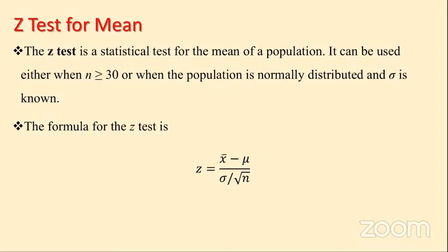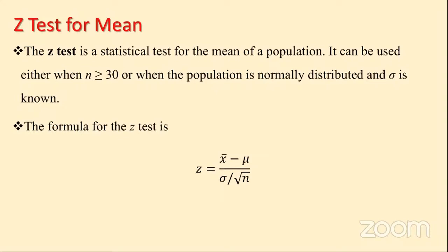And for proportion, it is always the standard normal distribution. We calculate the z value there. So here also we'll be doing that. We'll be doing the z test and also the t test. This one is the z test for mean. So the z test will be for mean and also for proportion,